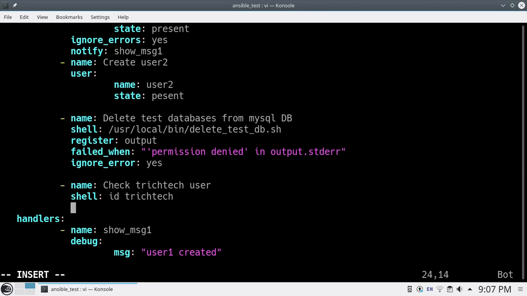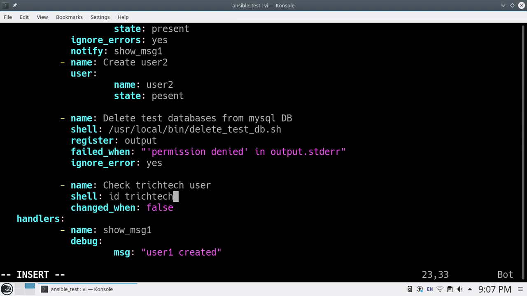So obviously when you use the shell module, it will say changed, but it is not actually changing anything, you are just doing an id check for a particular user. So what you can do is put the option called changed_when: false. If you put this keyword, it will not report that it is a change.